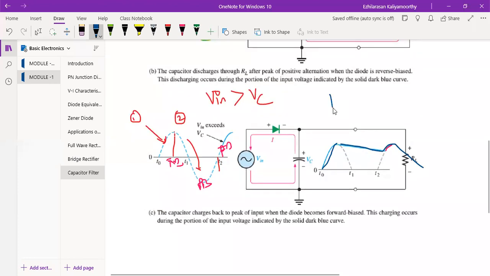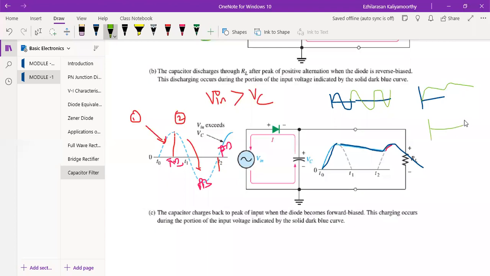You got the input as AC. This is the AC. After that, what happened? The ripples were there. Here, when I connected the capacitor, the ripples got reduced. I am getting the output like this, right? So I'm getting charging, then discharging, then charging, then discharging. So much of the ripples are reduced. See here, this is called ripples, AC components actually. Here it is reduced. Still, you need to eliminate these to get a proper DC waveform.